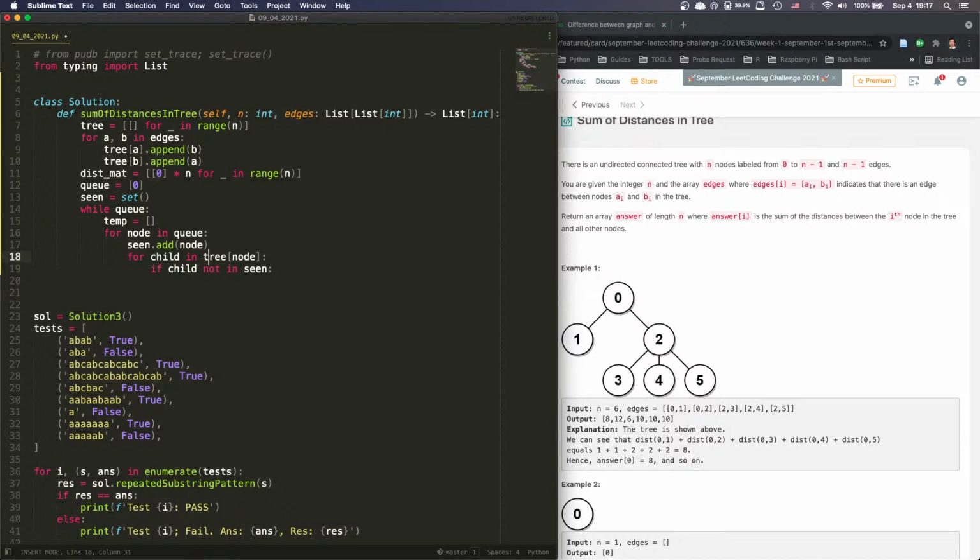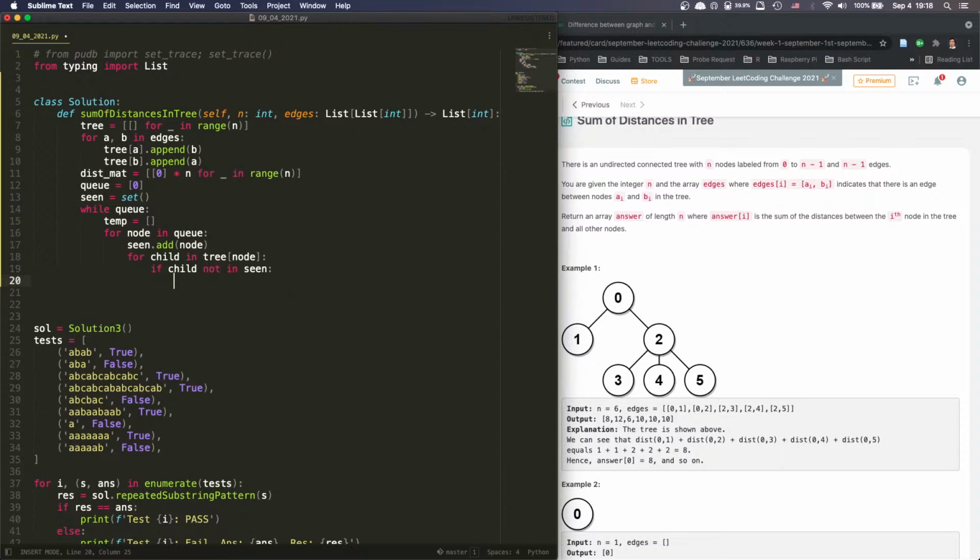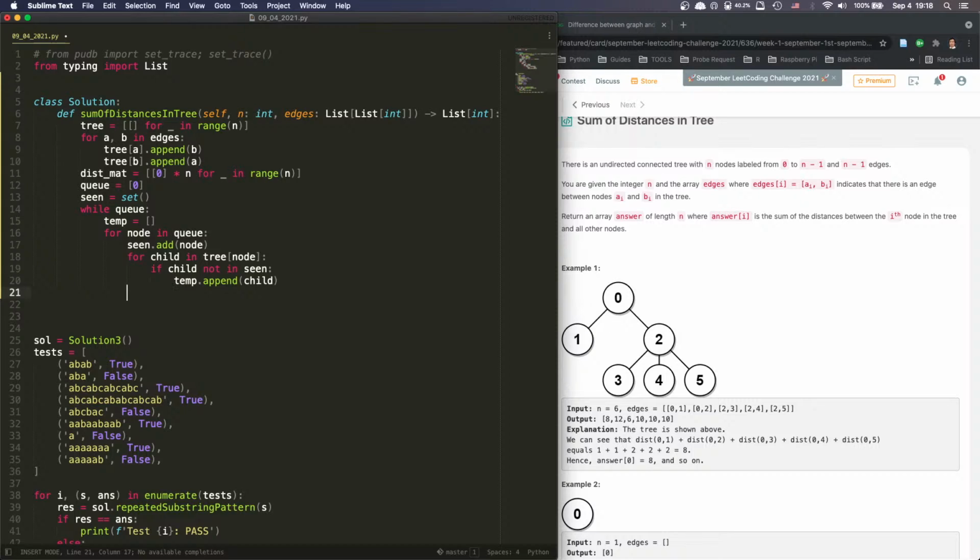And then for all the child in the node, if the child is not in seen, then we say temp.append child, right? And this one will get,